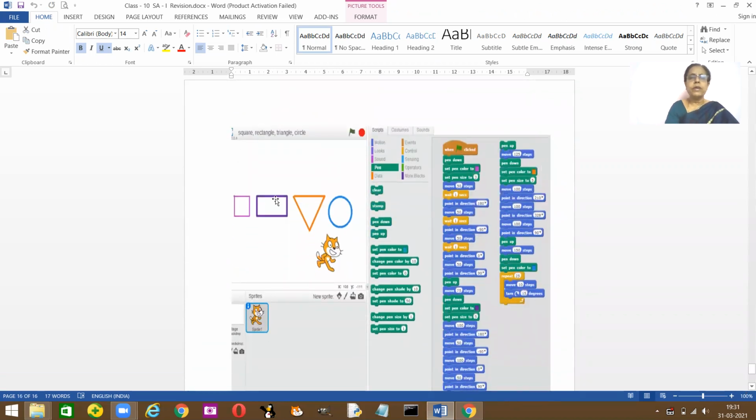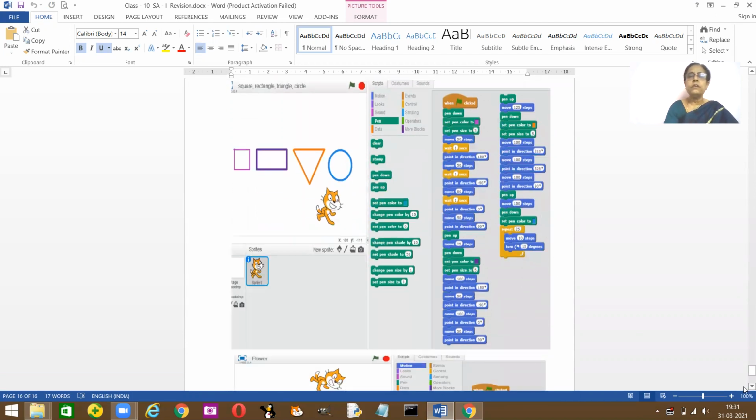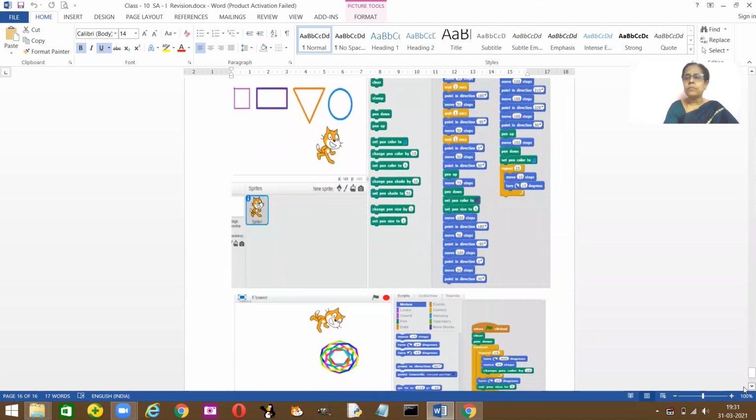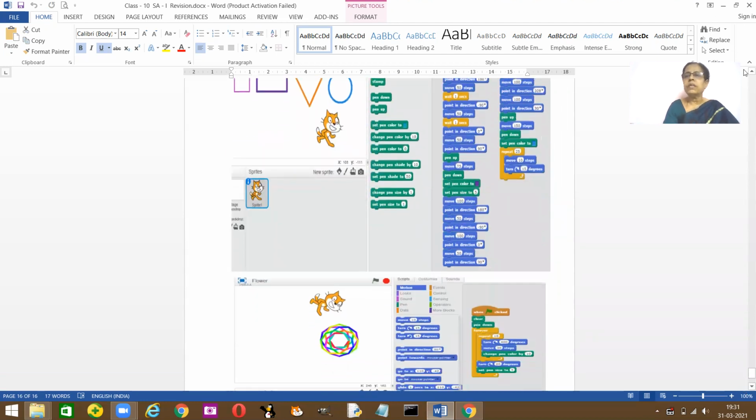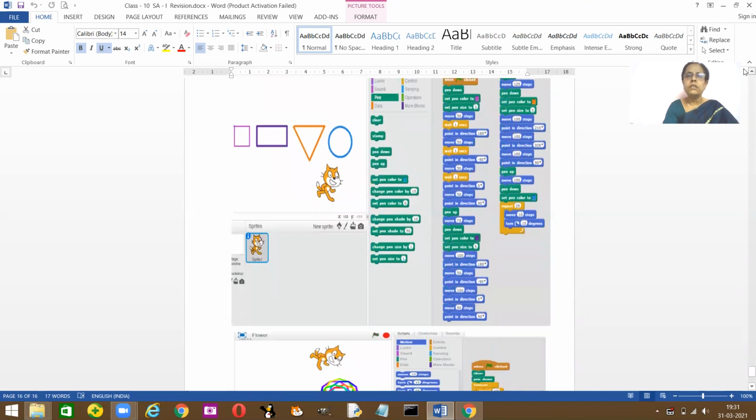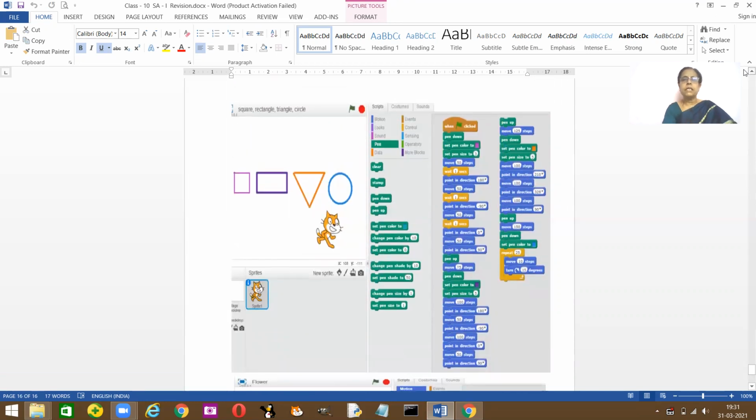The next program, you know this very well. This is how to make a square, rectangle, triangle, and a circle. So these are the steps. You know this because you already did it too many times. You can take a screenshot and zoom in and check the steps. Here, this is for creating the different shapes. And the last one,